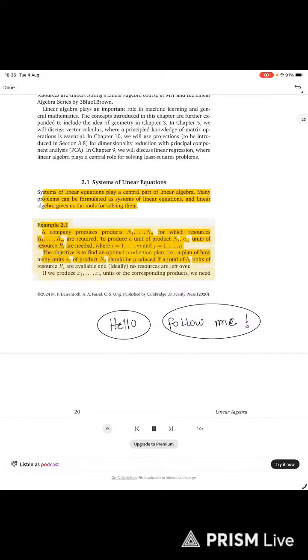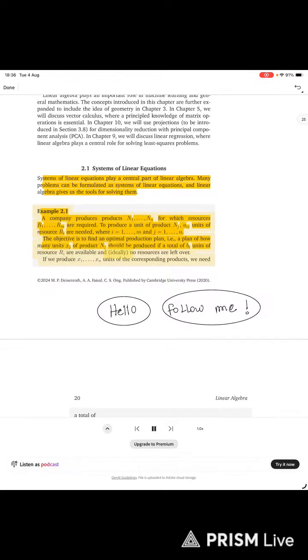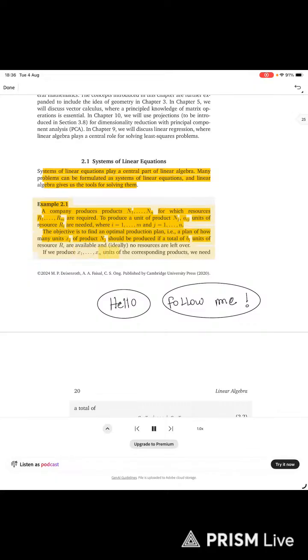to find an optimal production plan, i.e., a plan of how many units xj of product Nj should be produced if a total of bi units of resource Ri are available and, ideally, no resources are left over. If we produce x1 to xn units of the corresponding products, we need